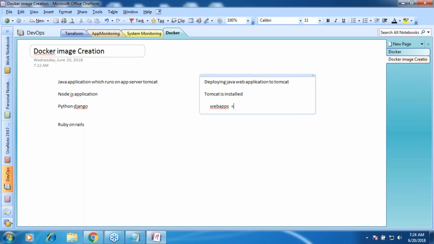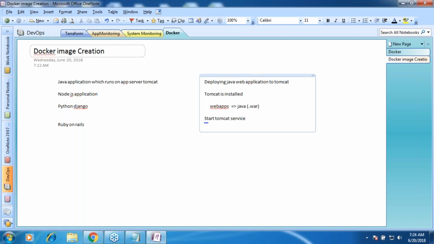There you need to copy your Java application. Generally, Java applications will be with the extension of war. Copy that in there, right? Start Tomcat service. Problem solved.